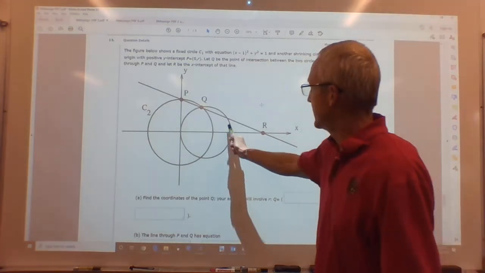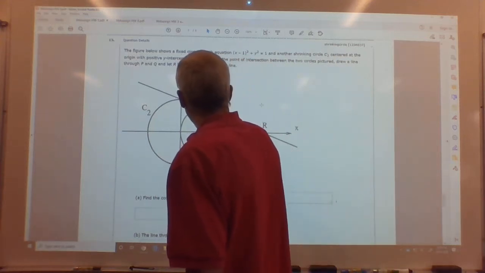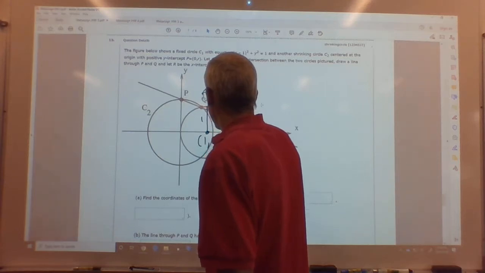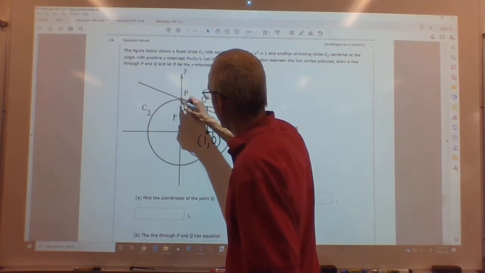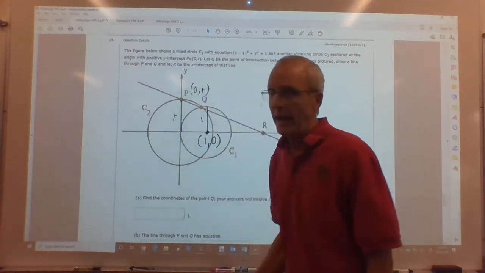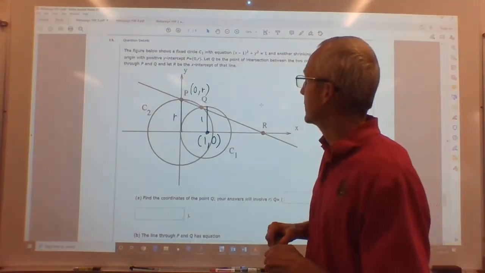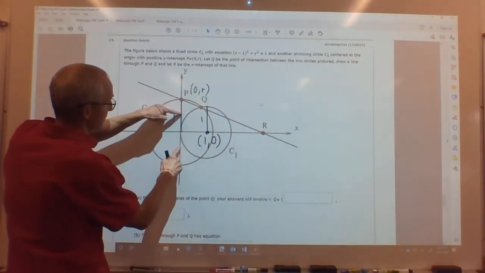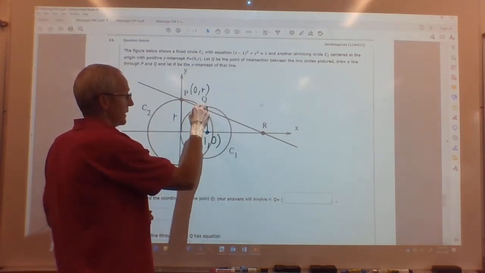The whole idea is C1 is a constant circle of radius 1, right? The radius is 1. So this point there is, let's see, x is equal to 1, y is 0. And point P is at, we're calling this radius r, so it's at (0, r). And r could change. The whole point here is we're going to let r get really small. As we shrink this circle, as r goes to 0, we want to see what happens to this point,